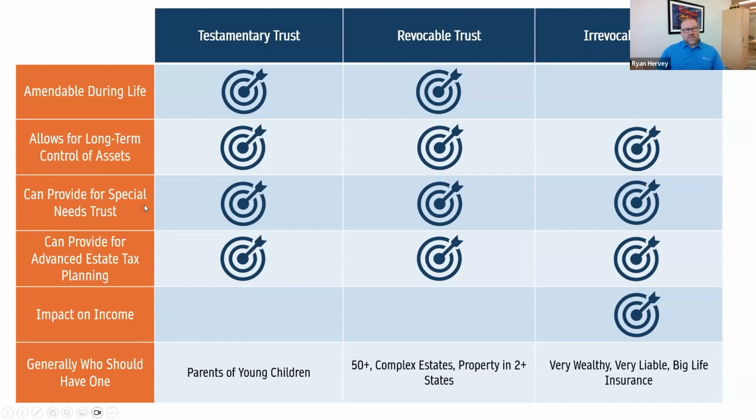Within that, I have this third type of trust, a special needs trust. So I'm not going to go over it as an independent trust because almost always, not almost always, frequently, special needs trusts exist within one of these types of trust. And that special needs trust is a specially designed trust that allows for people that are receiving government or private income-based assistance for their needs to be able to receive assets from a trust. They can receive care from this trust without disqualifying them for other available services.